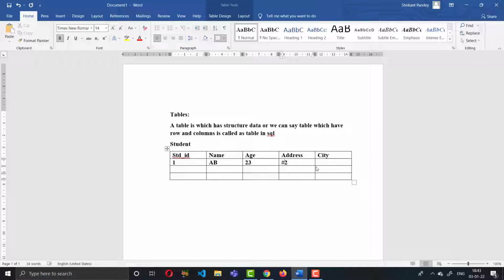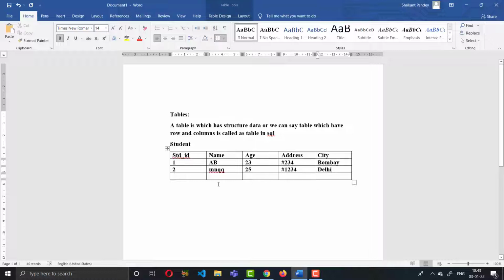And suppose the ID is 2, the name is MNQ, the age is 25, the address is something like home address 1234, and the city is Delhi.